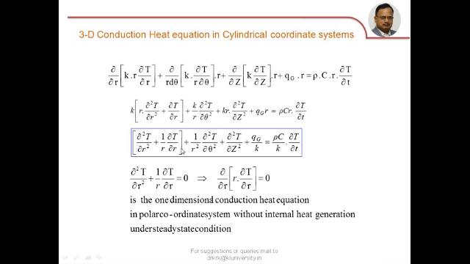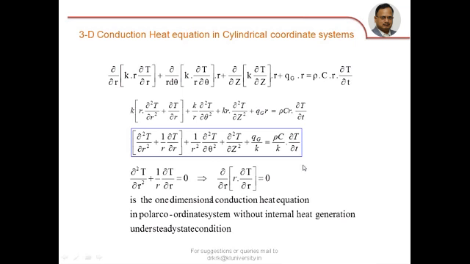If it is a one-dimensional conduction heat equation as specified here without internal heat generation under steady state condition, it requires two boundary conditions to solve the problem. If it is one-dimensional under unsteady state condition, then it requires two boundary conditions and one initial condition to solve the problem. If you consider a three-dimensional unsteady state problem, you need 6 boundary conditions and one initial condition